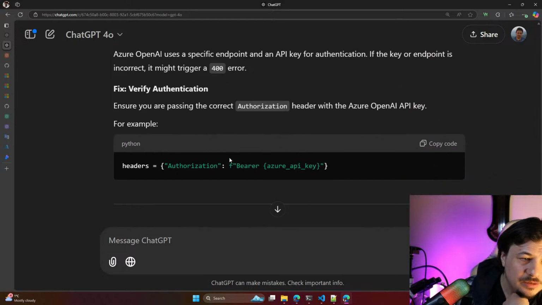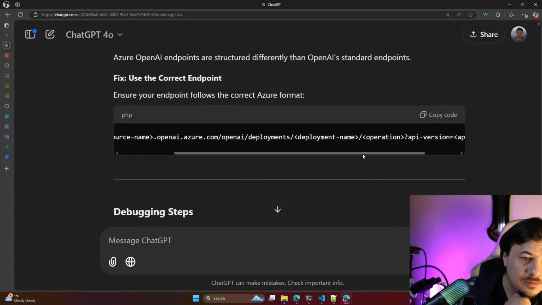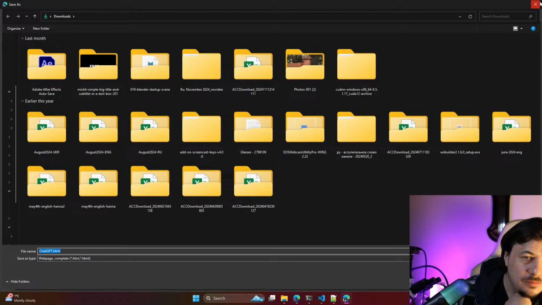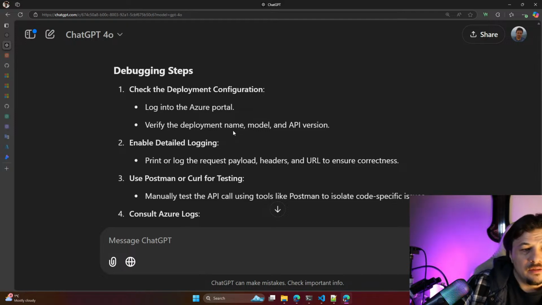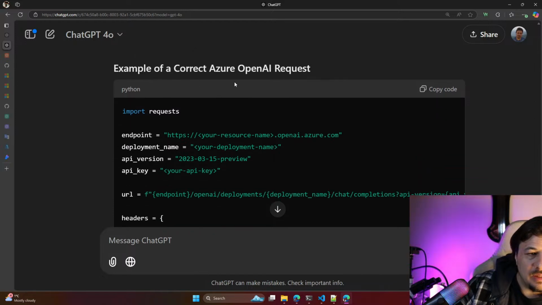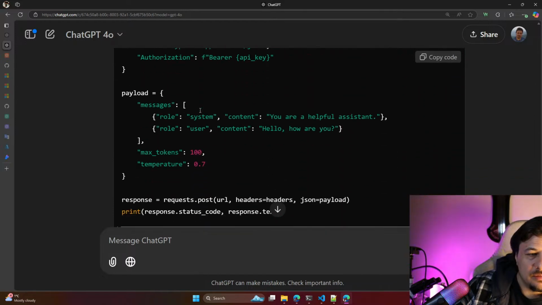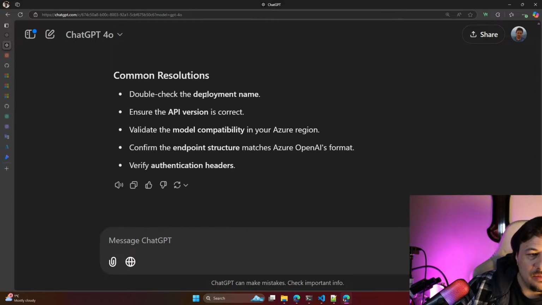Incorrect authentication. OpenAI API key, for example. Endpoint format. Looks good. Login, verify deployment name, model, API version, enable detailed login. Example of correct Azure OpenAI request. Response post. Common resolutions. Double check the deployment name. Ensure the API version is correct.